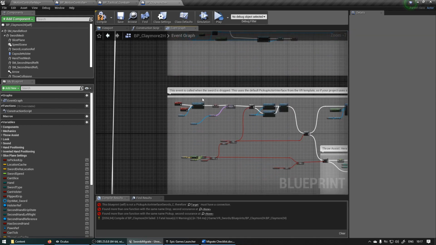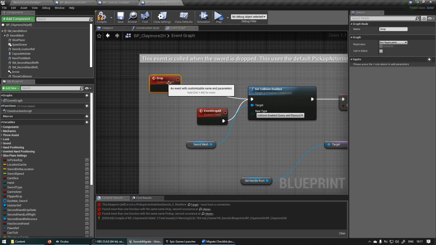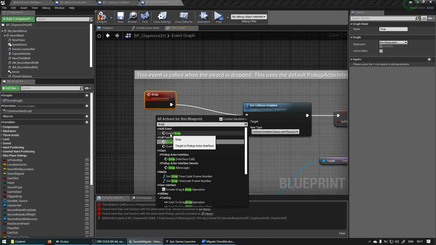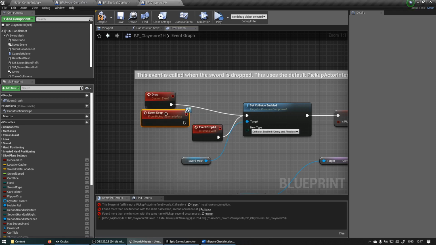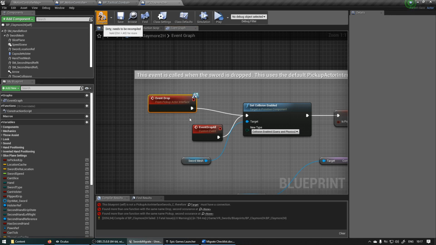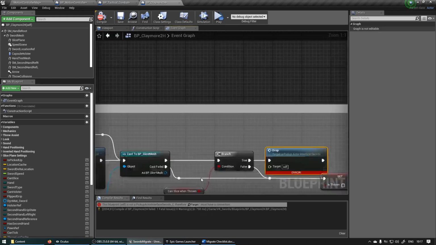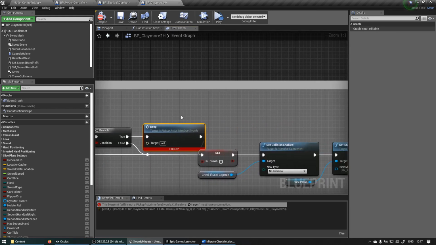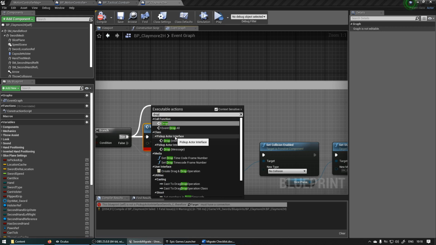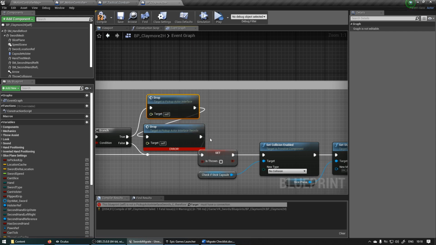Do the same for the drop event. We can right click, type drop, get event drop from the pickup actor interface. Hold control. Delete the old one, just compile, and we'll see that one error over there, the drop. So we can drag here, type drop, and then pickup actor interface, drop call interface, or interface call. There we go. So we can hold control, just connect those, delete the old one, compile,